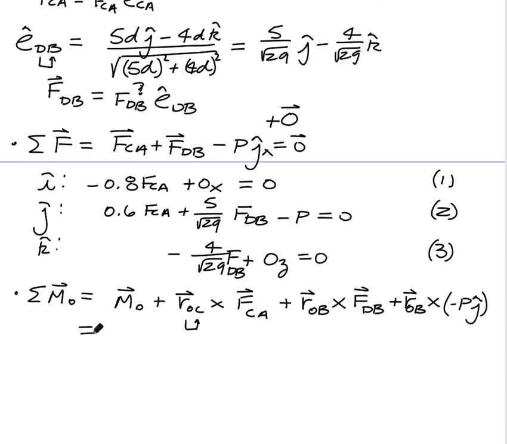And we know for equilibrium that is equal to 0. So let me clean that up a bit and write this as MOX I plus MOZ K plus the R vector, that's 4D I plus 6D K